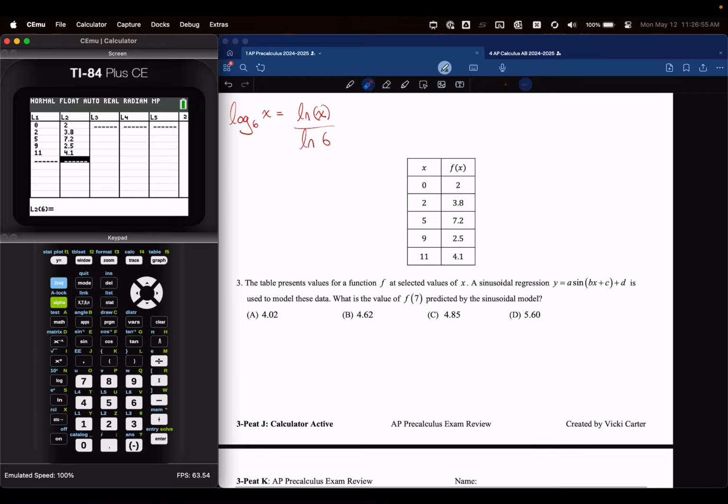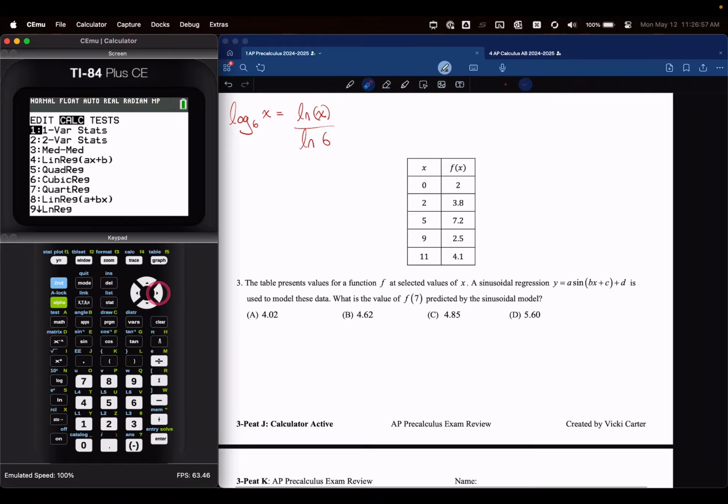Okay, so I have all of my data entered, and from here I need to use a sinusoidal regression. So I go to stat, go to the right to calculate, and a sinusoidal regression I think is option 0 maybe? No, that's exponential. Sine regression is C. I'm just going to hit enter, and I don't care how many iterations, it's probably going to be roughly the same. I'm going to store the equation in my alpha trace y1, hit enter, and it's doing the sinusoidal